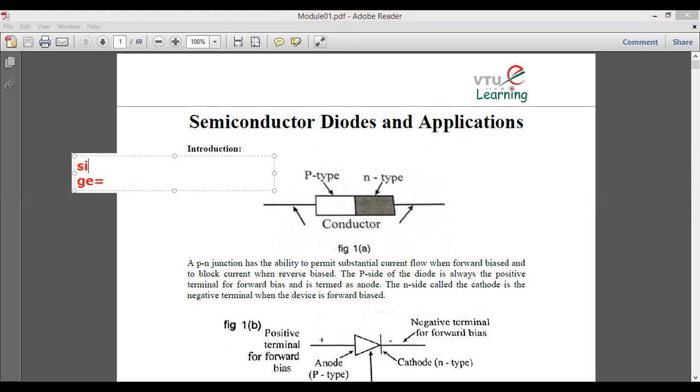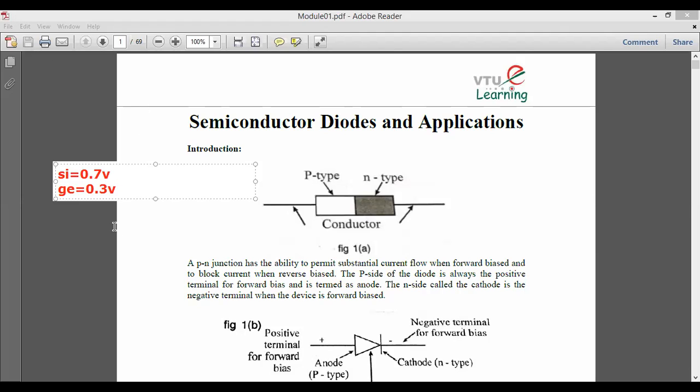Now the value of this particular silicon, when it comes to the saturation part, we have a word called saturation, where the conductivity of that particular material will start, just in simple words. Silicon has the value 0.7, and the germanium has 0.3, in terms of voltage, 0.3 and 0.7 volt. What do you mean by that 0.7 and what is that 0.3 volt?